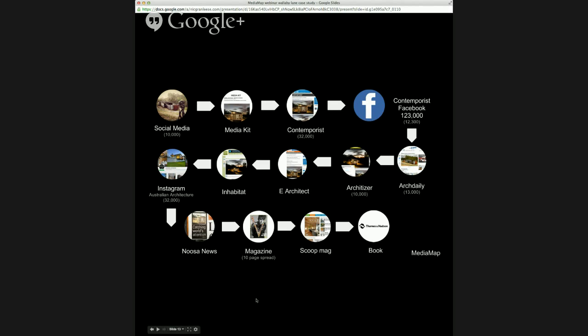How many months did this growth take from initial social media posting? The social media obviously went out on the day we photographed it. Then from memory, it would have been a couple of weeks until it went out to Contemporist. So basically it's the time it takes for you to write the document. The overall time period, it started in February, we're in December now, so we're getting close to 10 months.